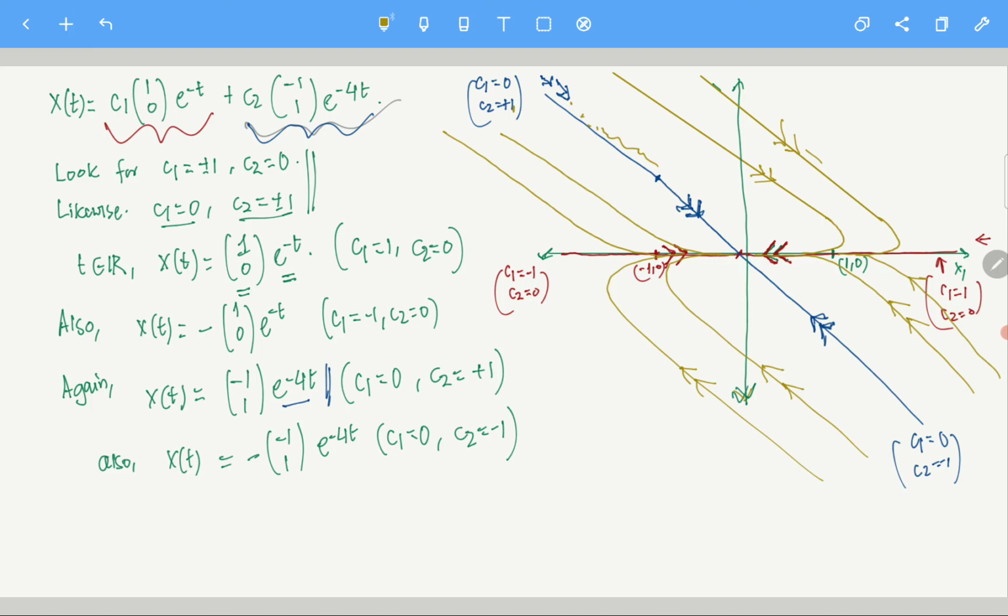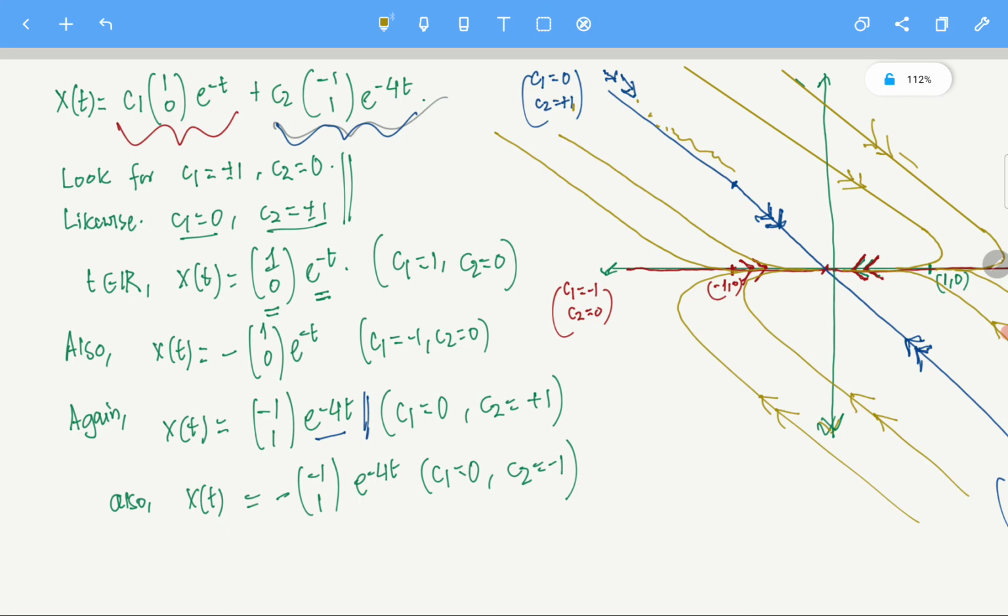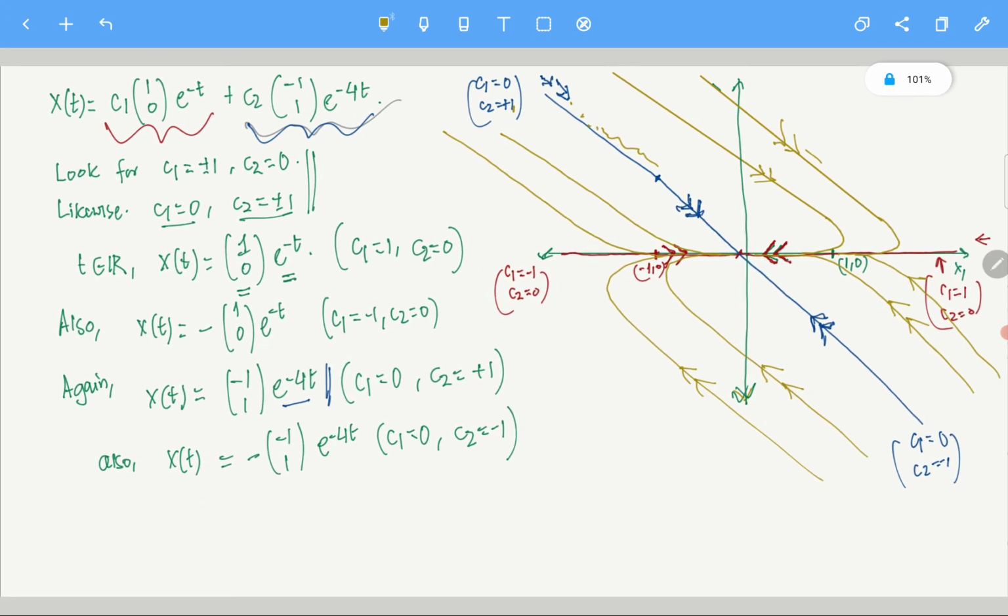You see, what are the arrows here? Of course, these arrows are pointing on this side. Everything is pointing like this, so you guys can check. Now, what is happening here is this. All the solutions, from t equals minus infinity coming towards t equals infinity, are all converging to this point, the origin. So basically it's a sink kind of thing. Everything is coming in.